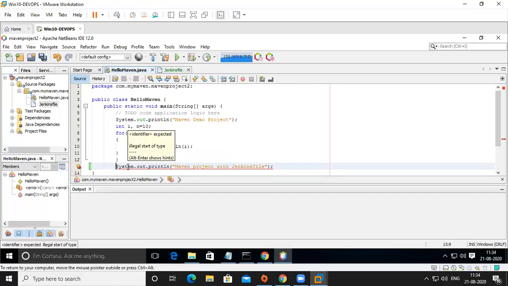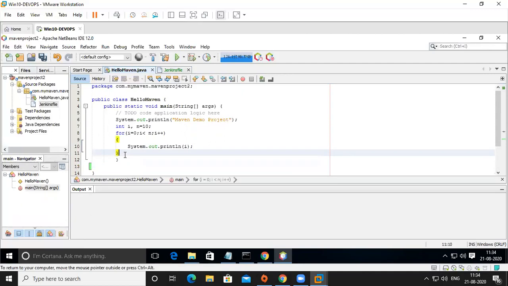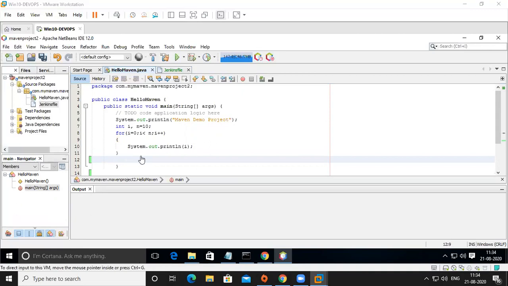Yeah, very good. So it is out of a public void main. Now it is okay. So this will print here and then this print. Okay, so finally save.